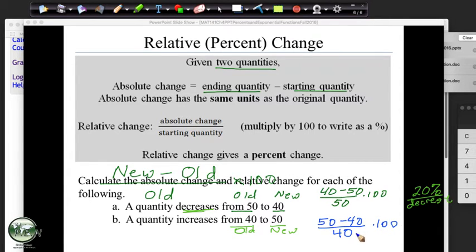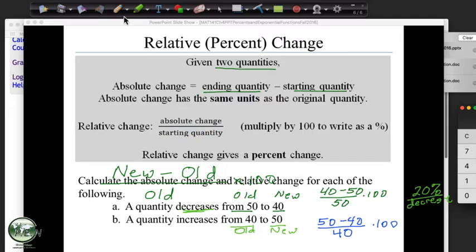So this one, actually we get sort of the same value, don't we? At least for the top part. It's a difference of 10. So let's clear, 50 minus 40, enter, but it's a positive 10. It's an increase of 10. But watch, it's not going to be 20%, is it? We're going to divide not by 50, but divide by 40. 0.25 times 100, that's actually a 25% increase because we went from 40 to 50.